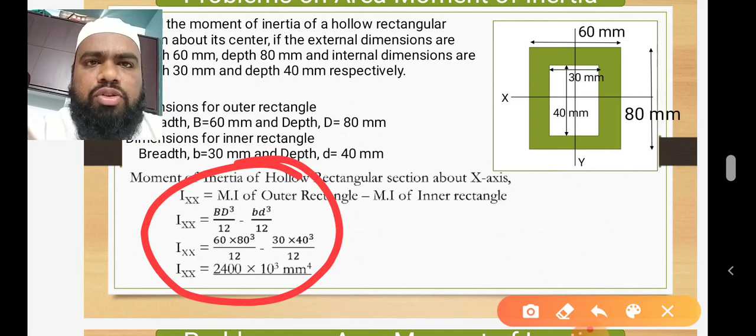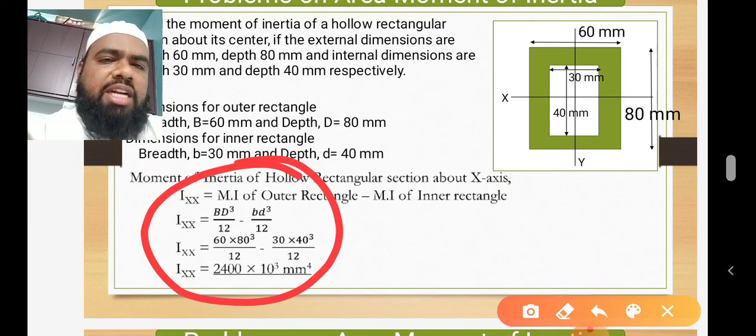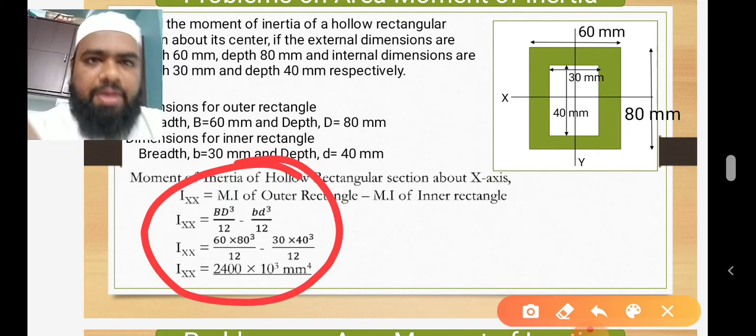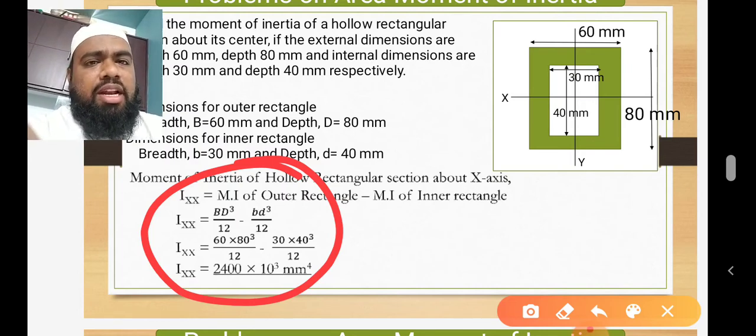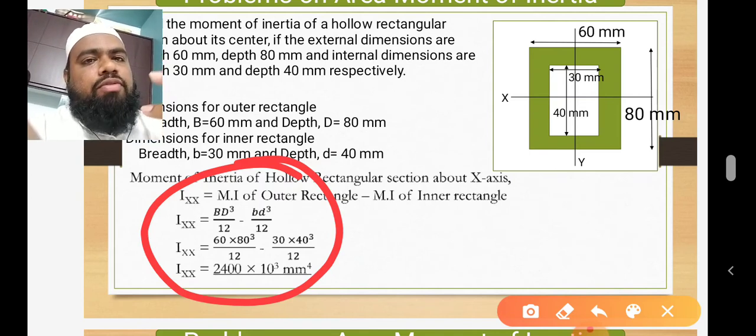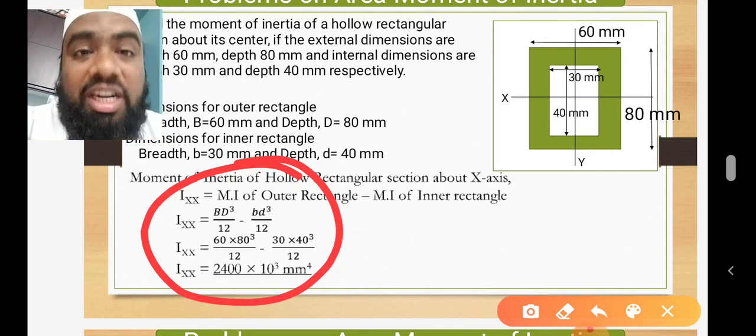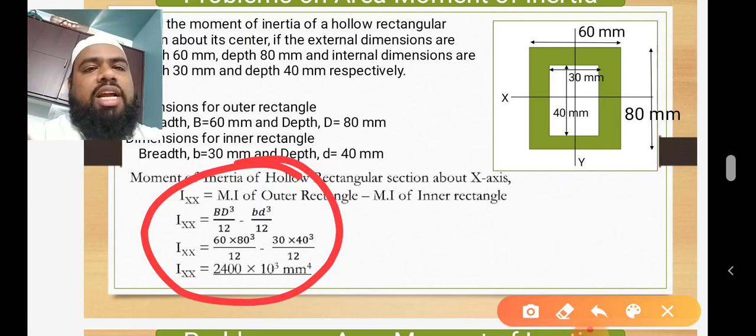I will give you some practice questions also. Practice those questions, and if the answer matches with the textbook's answer, then it would be very happy. Whenever we learn something, we have to practice those things, and go for the practice of different problems on the area. If the answers match, you got the correct answer, there is a kind of satisfaction and a smile on our faces. That is important. That is called practice. So don't neglect it. Practice these things.